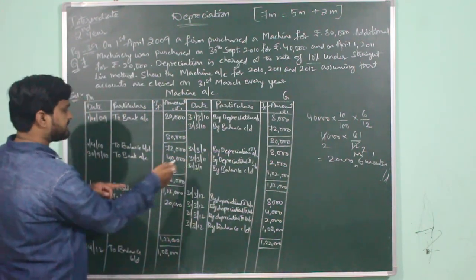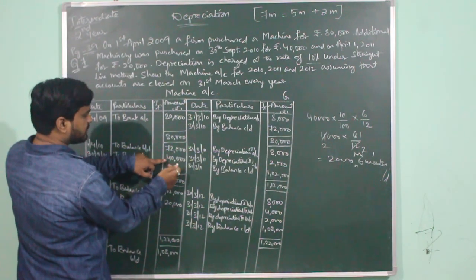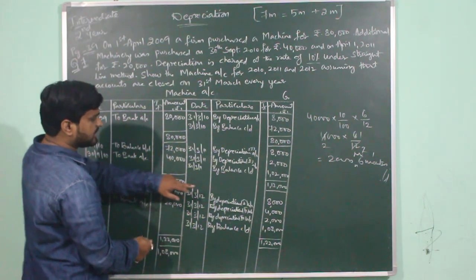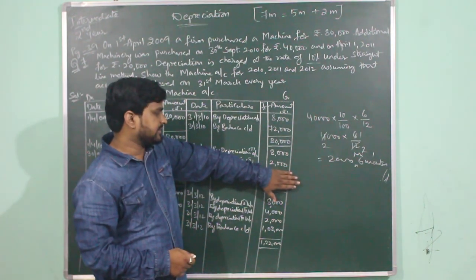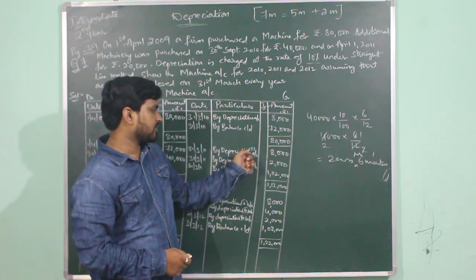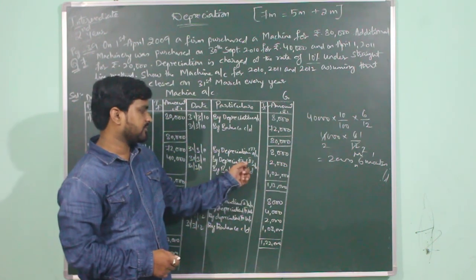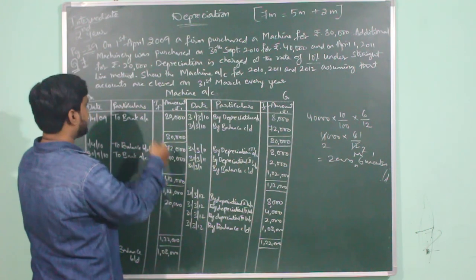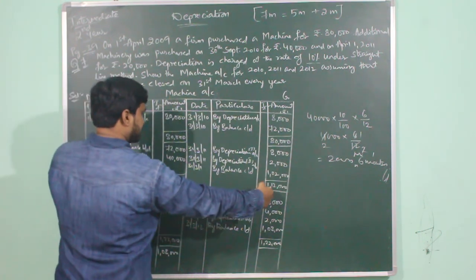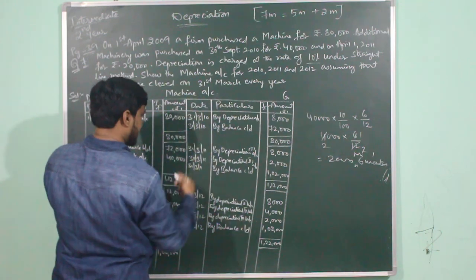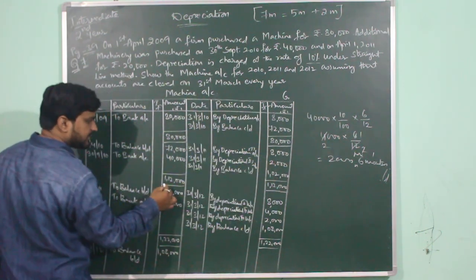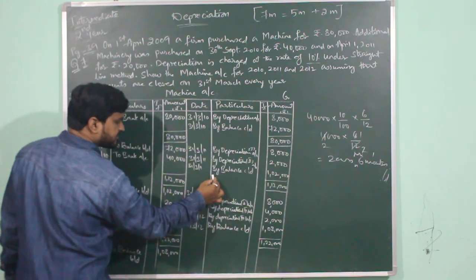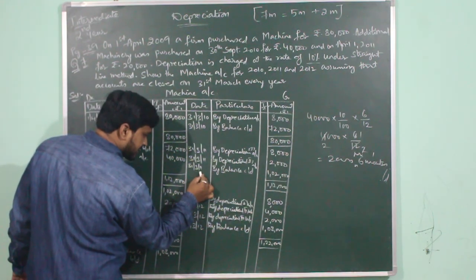So now how do you balance the account? Here the total will be 72,000 plus 40,000, which was 70 plus 40, 110, 110 plus 2000, 1,12,000. But here the value is only 10,000, 8,000 for the depreciation amount of the first machine and 2,000 for the depreciation amount of the second machine. So the highest total is 1,12,000. So 1,12,000 will be recorded on the debit side of the machine account, as well as 1,12,000 on the credit side. Subtracting 10,000 from 1,12,000, the value left at the end of the second year is 1,02,000, which will be written as by balance carried down on 31st March 2011.